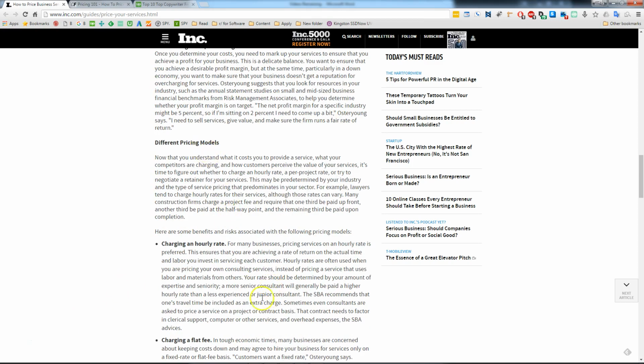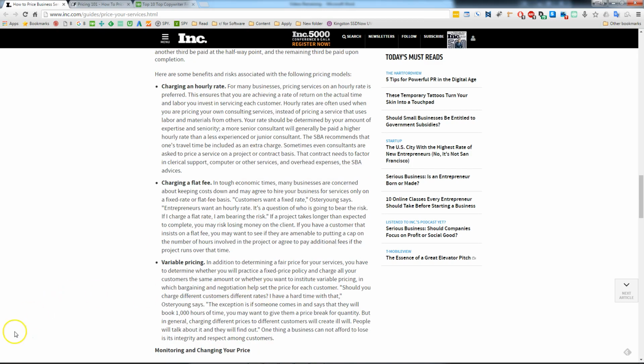Now we come to different pricing models. You can charge an hourly rate. You can charge a flat fee, or you can do a mixture of both. So you can set a limit: if this project goes for more than 20 hours, I will charge on an hourly basis. That's one very easy way to protect your back, because you don't want to commit to a flat fee,